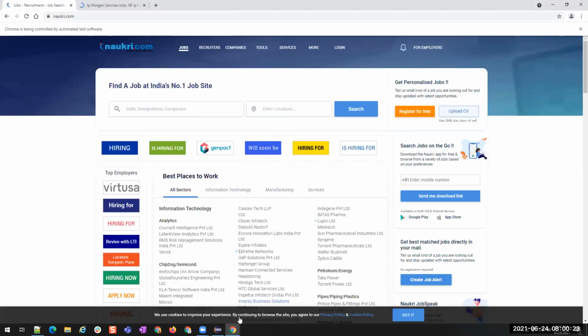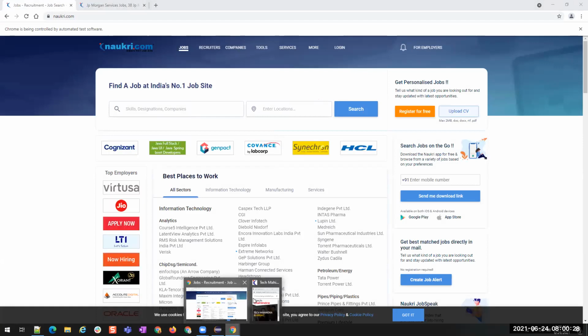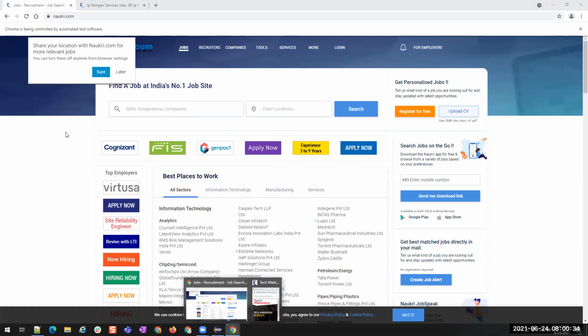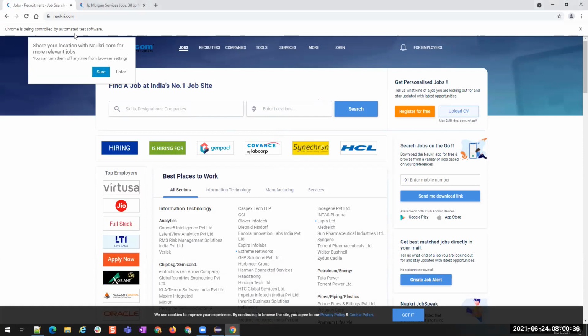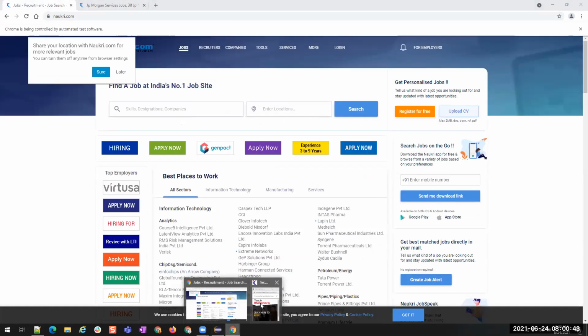Okay, clicked on JP Morgan, but do you see JP Morgan small window now? No, right? Because that is closed. Okay, though that JP Morgan is closed, you still have this window, this tab. When we click on JP Morgan, this will be opening, right? So you have these two and then this.